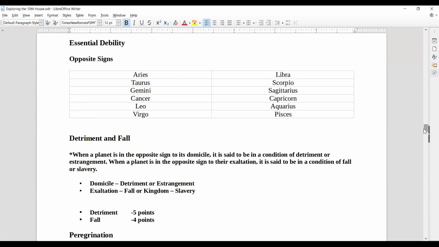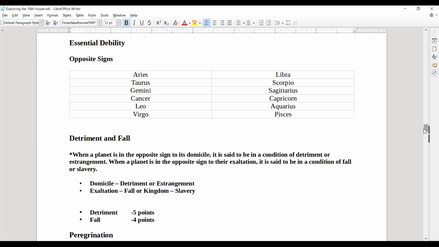So when we deal with, we've already dealt with the 6 androgynous pairs that make up the signs that are owned by planets. You know, how each planet has one masculine and one feminine sign, right? However, now we're looking at, in order to find essential debility, we're looking at the oppositional pairs, the 6 oppositional